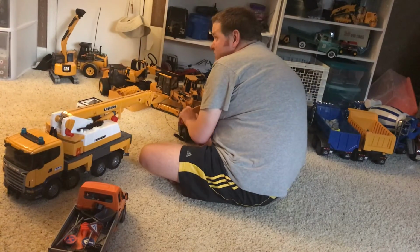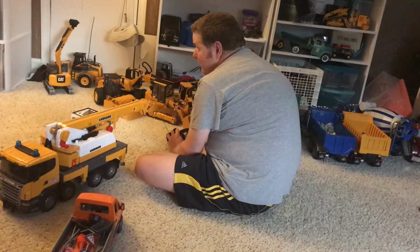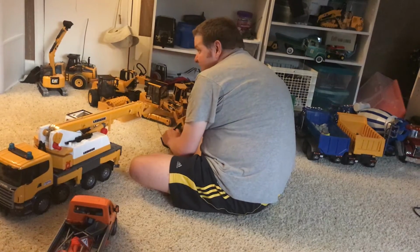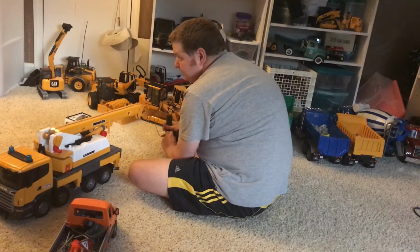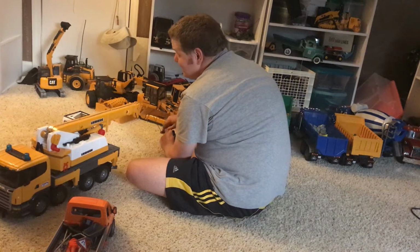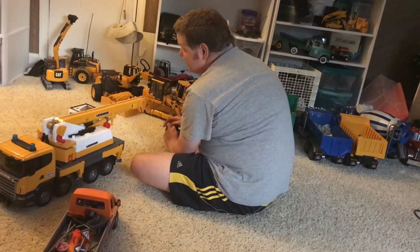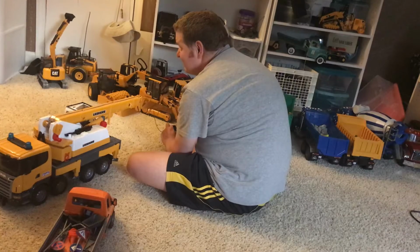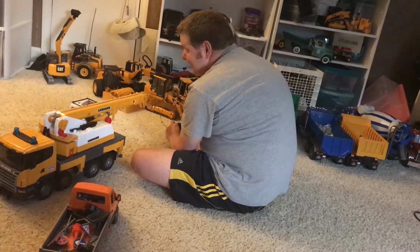And I don't really get to use this truck a whole lot because it's so large, and we haven't even extended the boom out yet, so you can see just how massive this truck is. But I think you'll be pretty surprised at just how large this behemoth of a crane is. It's also one of Bruder's most expensive trucks because of its immense size. This is a Scania R500 Liebherr crane, and